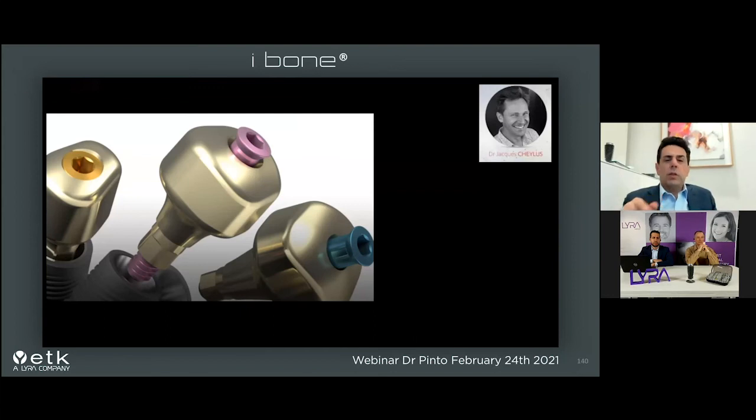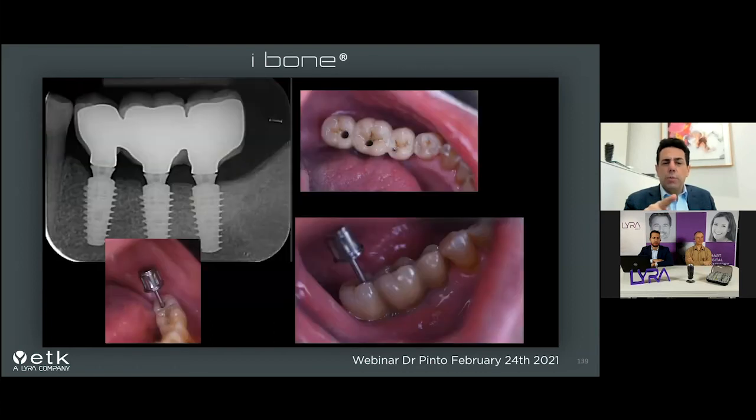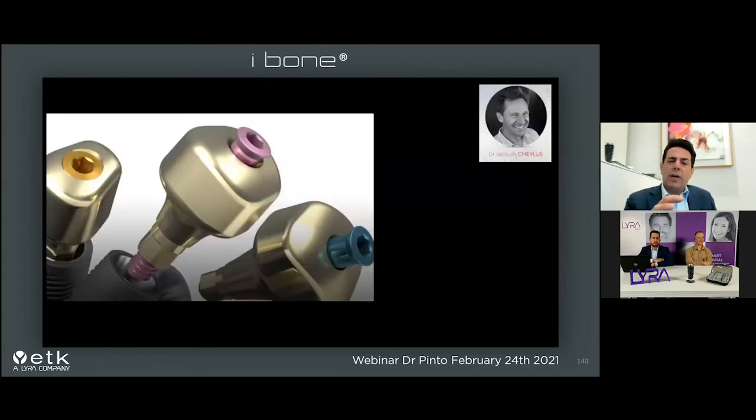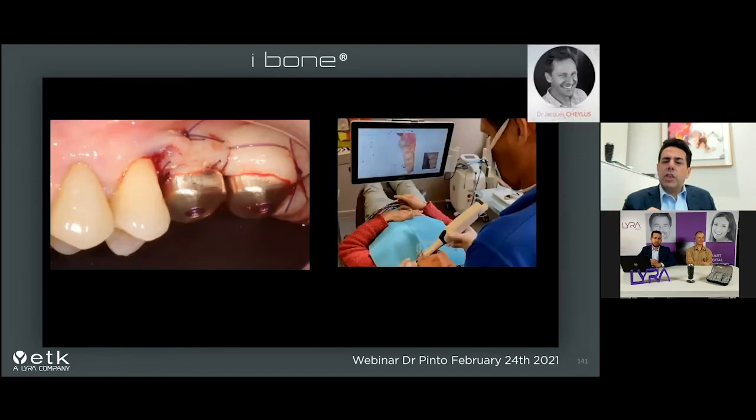But you have another option, which is to take the impression directly on the Iphysio abutment. What is wonderful is you don't need to remove the healing abutment, like I did here before. You put the Iphysio directly. You have different shapes depending on the tooth that you need to restore, and you can take the impression directly, like my friend Jack Chelius did, who is going to organize the next webinar, and he will show you how this kind of